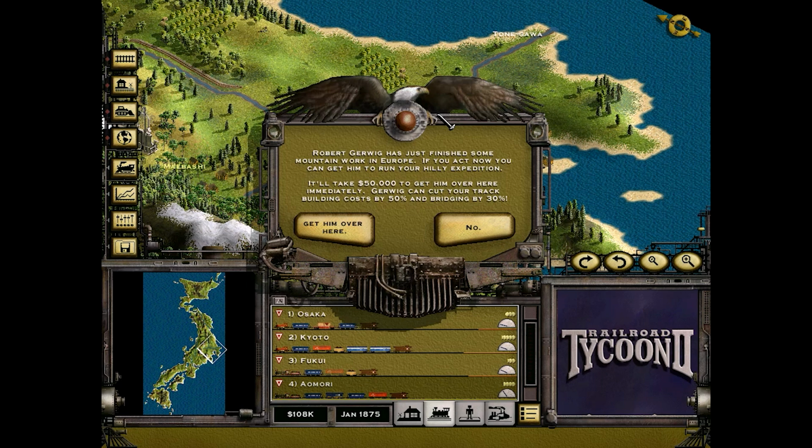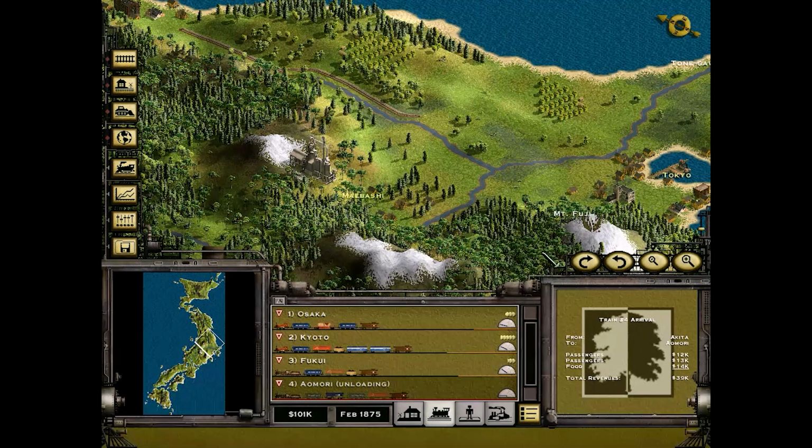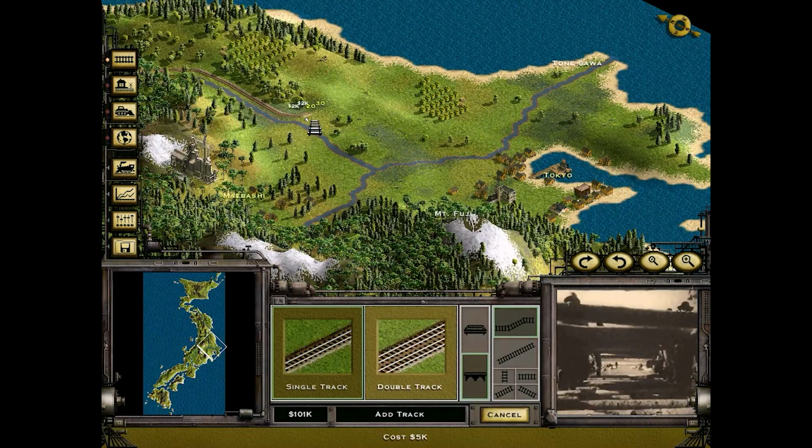Oh, here we go. Robert Gerwig has just finished some mountain work in Europe. If you act now, you can get him to run your hilly expedition. It'll take 50,000 to get him over here immediately. Gerwig can cut your track building cost by 50% and bridging by 30%. Good for the expansion, right? Yeah, let's do it. We need to pay for those bridges, so...